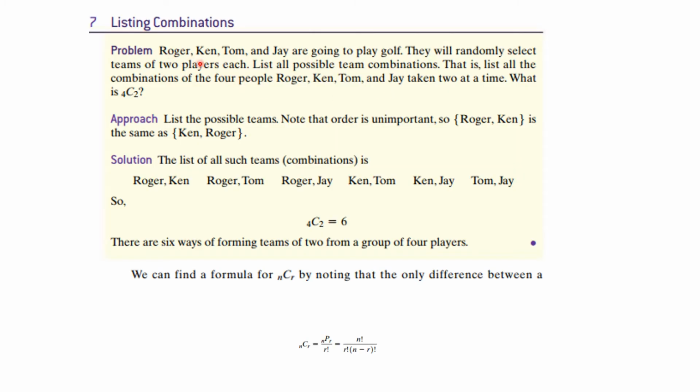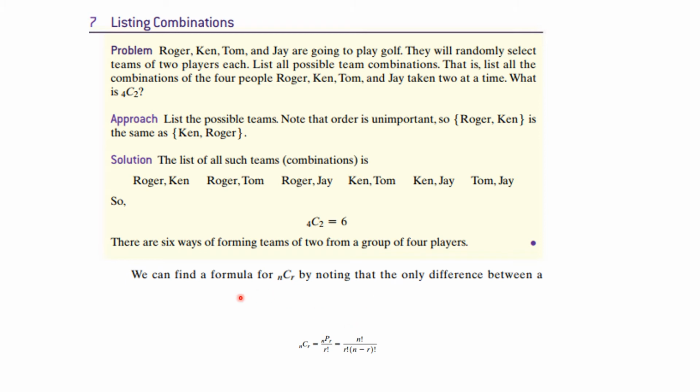So here's a problem. Roger, Ken, Tom, and Jay are going to play golf, and they randomly select teams of 2 players each. What are all the possibilities? Well, it doesn't matter if you have Ken and Roger or Roger and Ken as long as they're on the same team. So this is all the listings. So here's Roger and Ken, and Ken and Roger is not a different one, so this is how many ways. So you see order does not matter here, and this is 4 combinations taken 2 at a time. So we end up there are 6 ways, 1, 2, 3, 4, 5, 6 ways to choose 2 from 4